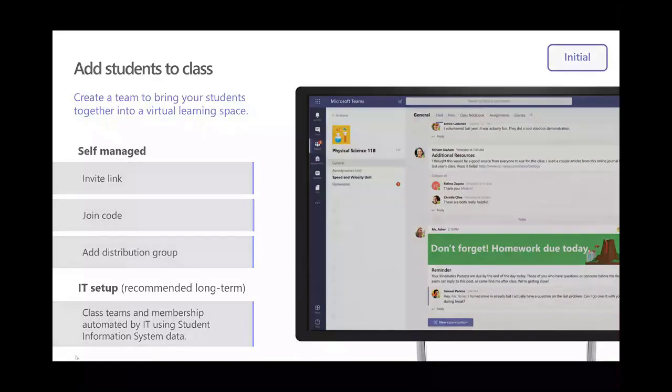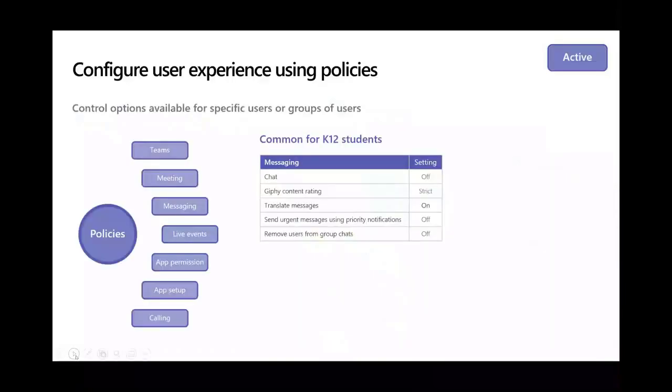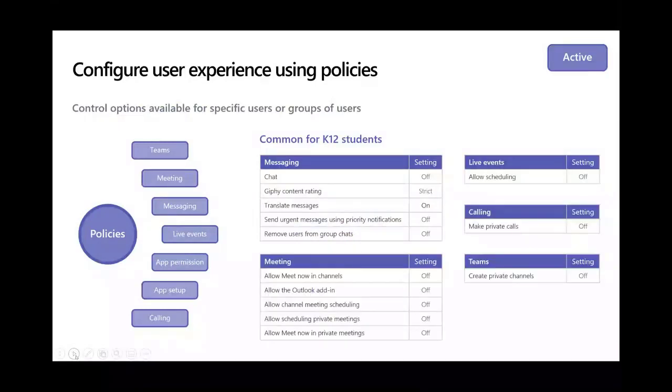The next administrative tool is PowerShell. Most IT administrators use PowerShell, and they're very familiar with PowerShell. Underneath PowerShell, however, is Graph API. And a Graph API is the most powerful way of automating teams. It allows you to create teams. It allows you to add members. It allows you to add tabs and channels and post messages. It's an amazing tool for administrators that choose to use that route.